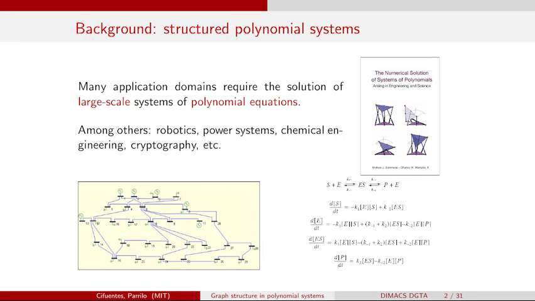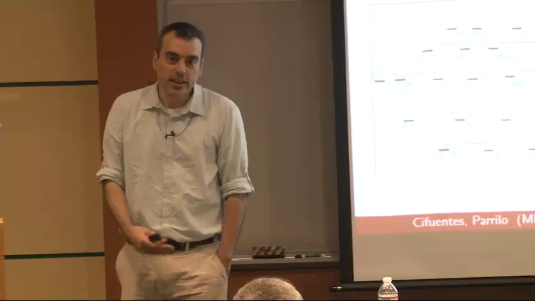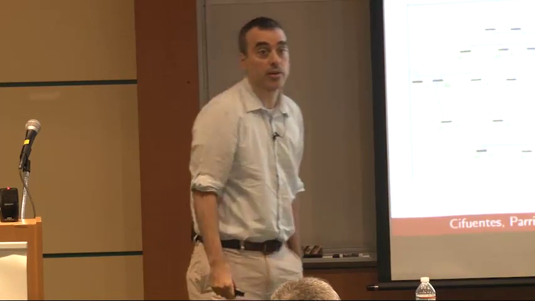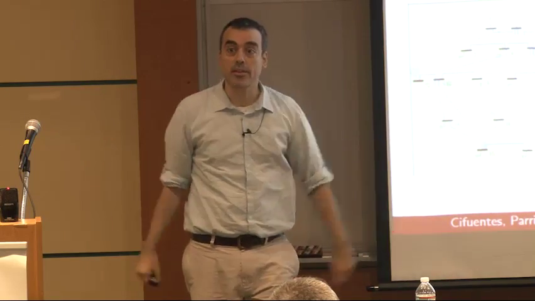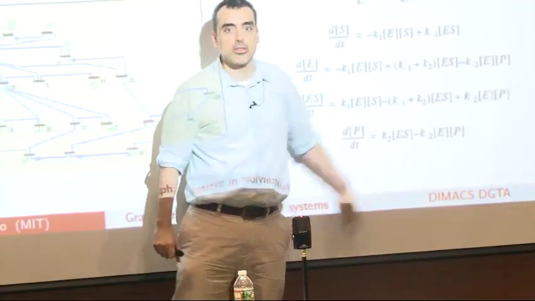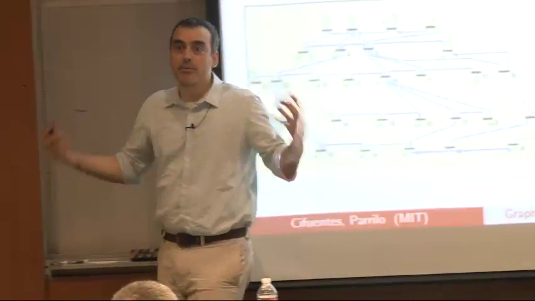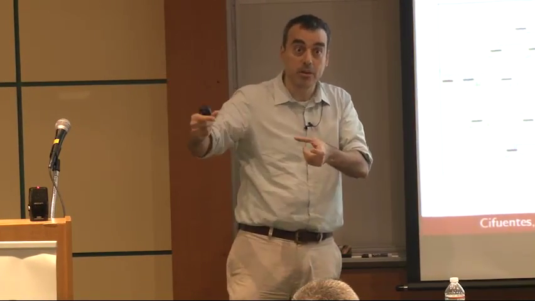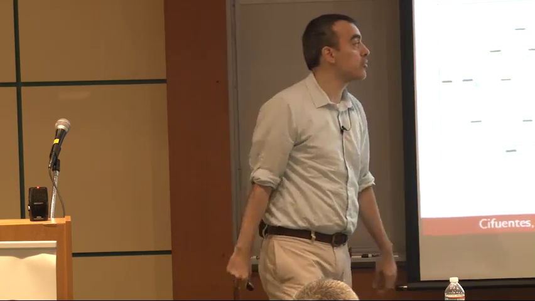So the other example that we have in here, for instance, comes from mass action kinetics, essentially the dynamical equations of a chemical system. The variables in here are these things in brackets. They represent concentrations of different species. And as you can see, if I want to look at the steady state solutions of this, really what I have to solve is some system of equations. And again, typically the structure of those equations is not arbitrary. It's not that every variable is talking to every other variable, but typically what this represents is that I have two different species that will combine and produce something new. And you don't typically have 17 things that come together in order to produce something else. Typically what you have are perhaps many pairwise interactions that in the end are going to produce something different.